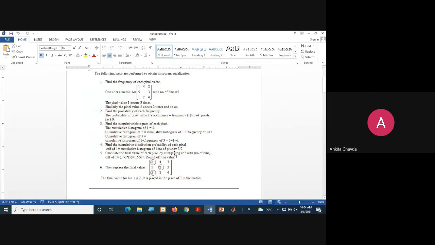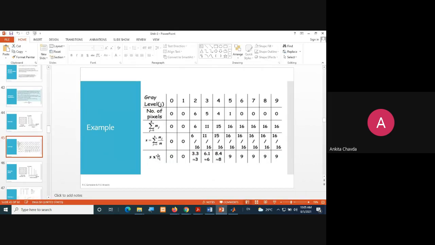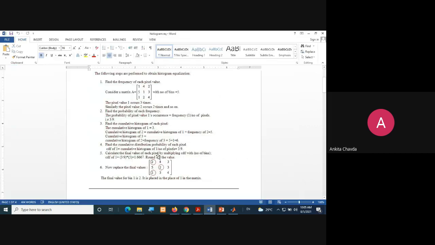Then finally you are multiplying your CDF with the number of bins. Here you were multiplying it with 9 because your L minus 1 was 9. Here you will multiply with 5. So that is 3 by 9 into 5 equals something. Finally you will get something like 1.66 or something.